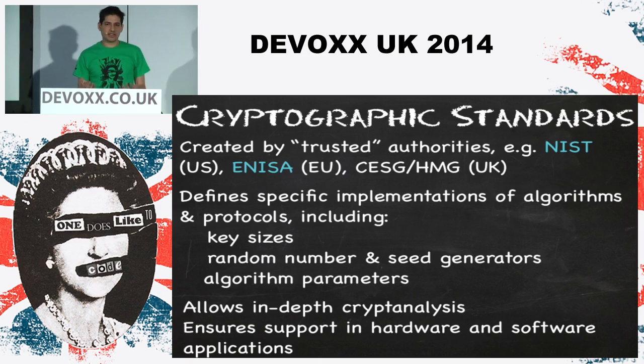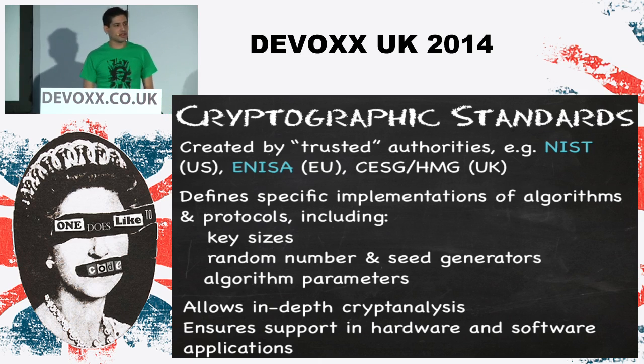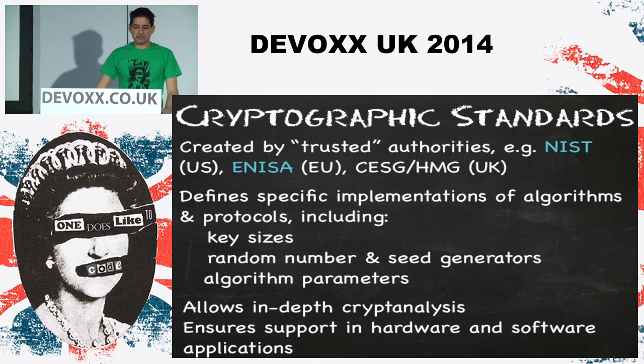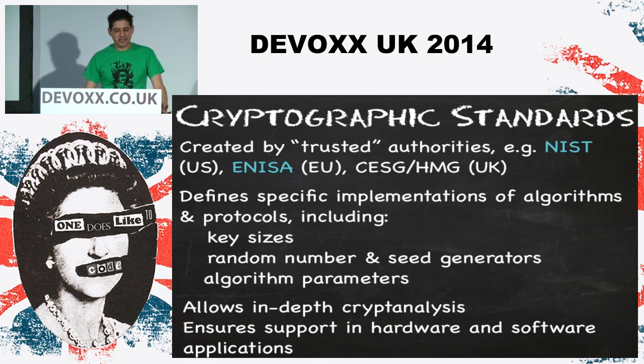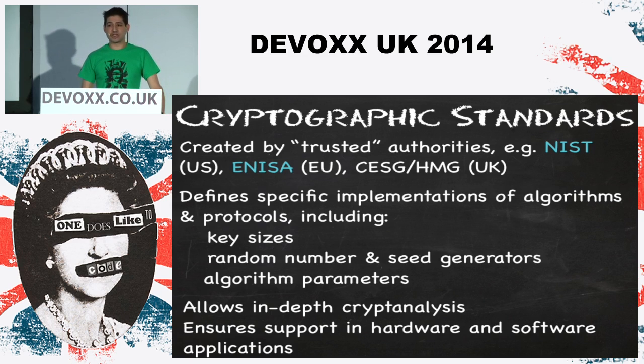A standard consists of what the cipher is, the protocols that are used in that, whether you need blocks or streams, key size, minimum and maximum key sizes, random number generators, all the little bits that come together to form the crypto system. That is what generally gets classified as a standard. And like I said, we use these because it allows people to focus their research and investigation on them, and allows us to make sure that the standards are actually as secure as we hope they are.